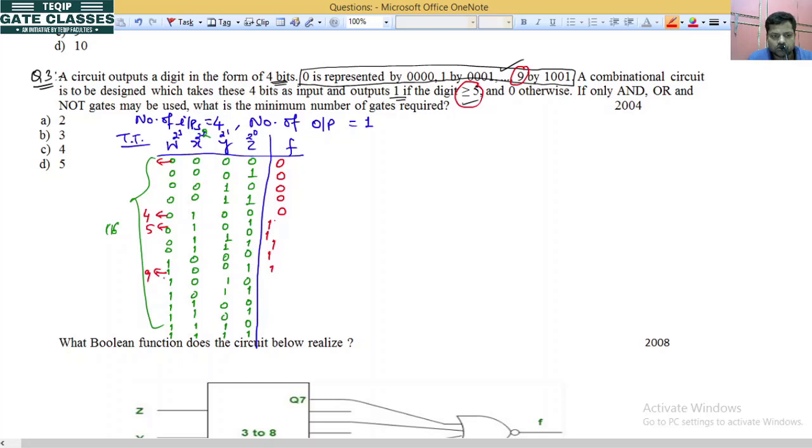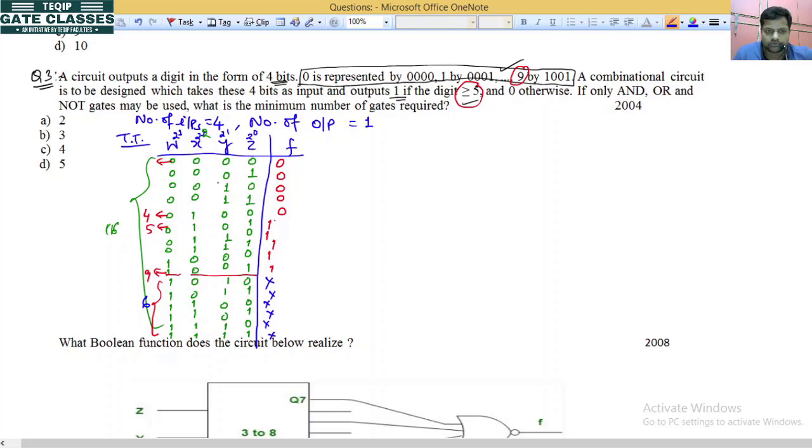Now we have 6 more inputs. For these 6 inputs, output is not required. So these inputs can never be applied on the circuit. The input that is never applied on the circuit is called don't care. So all of these become don't care, because we do not take their output.